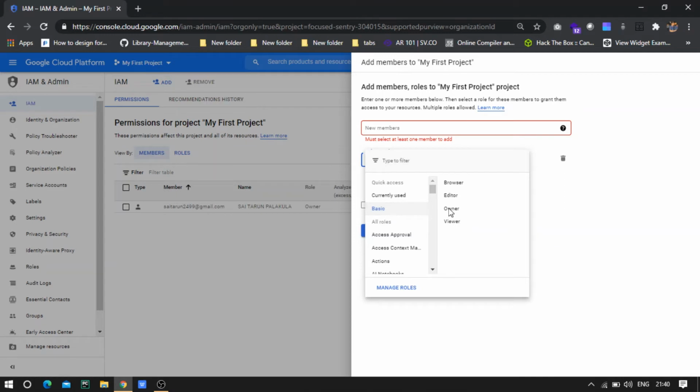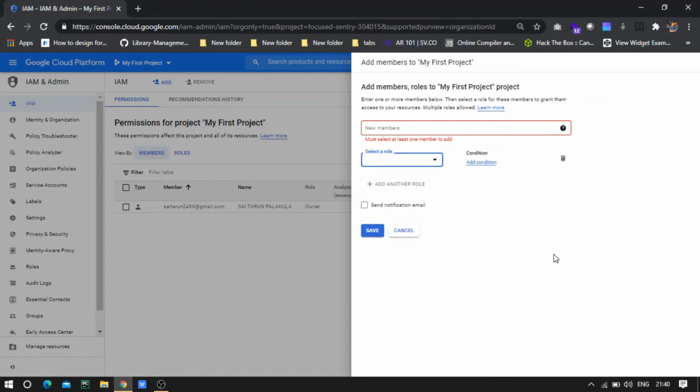In the basic roles, we will have editor, owner, and viewer roles. In all roles, we will be having various roles like access approval, where again we have approver, editor, viewer, then access content manager, admin, editor, reader.